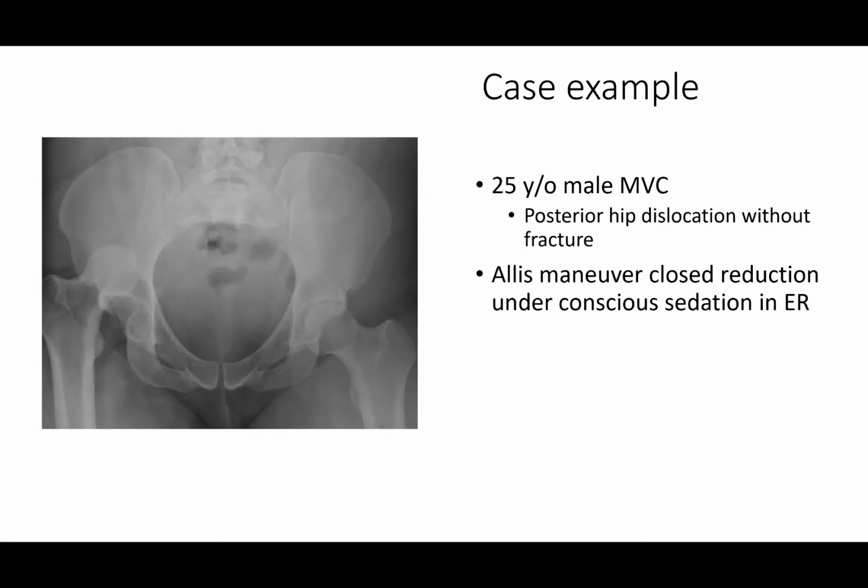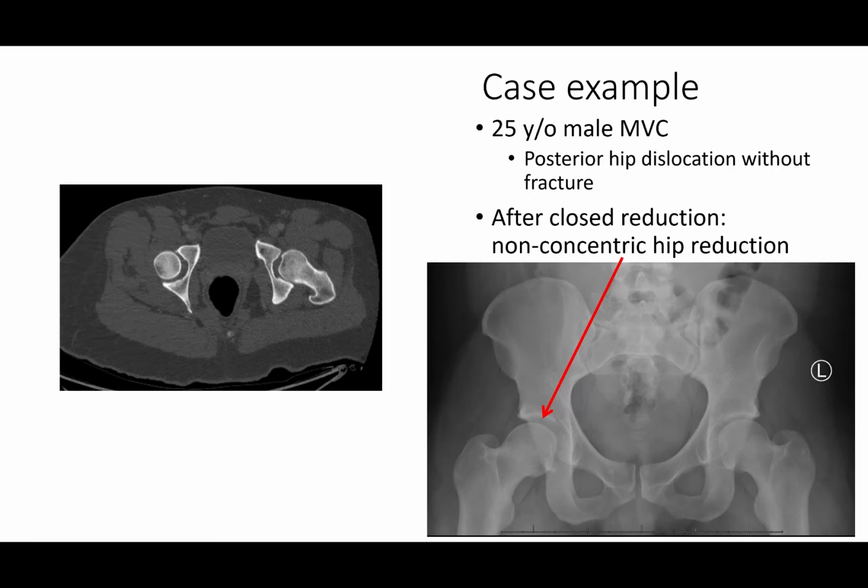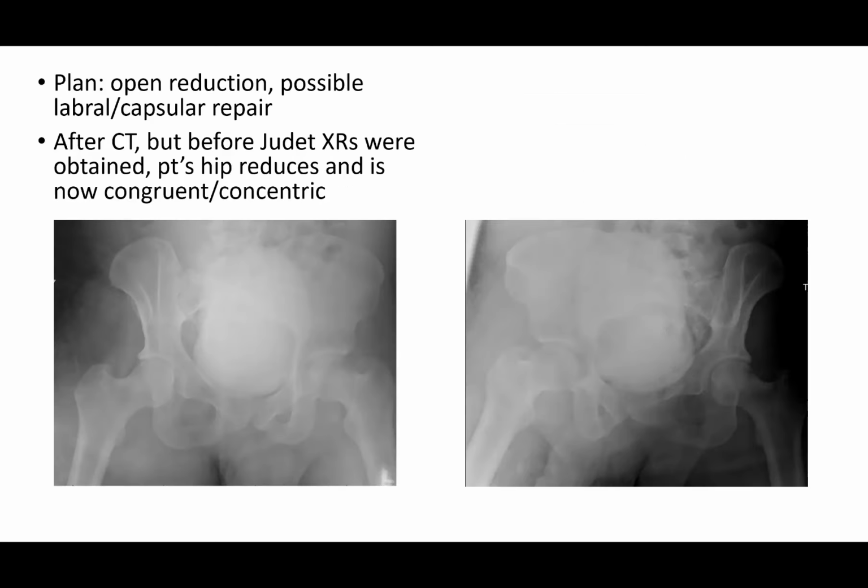Here's a case example. 25-year-old male, motor vehicle crash, posterior hip dislocation, no obvious fracture. Allis maneuver is done under conscious sedation, and it looks like it's not concentric. Maybe something's blocking reduction, but we don't really see anything obvious on CT scan. So it's thought that maybe there's some kind of soft tissue interposed, labral tissue perhaps, but then the patient gets